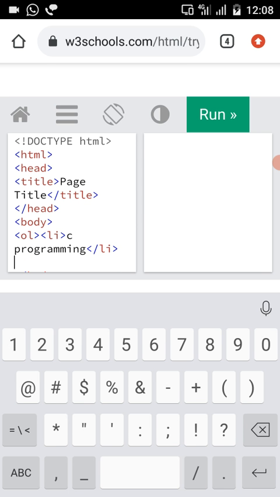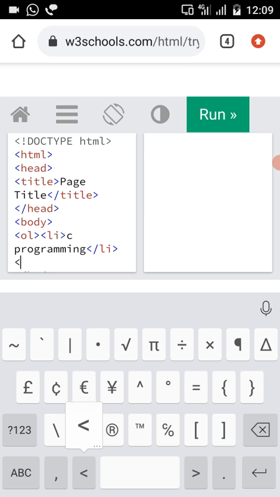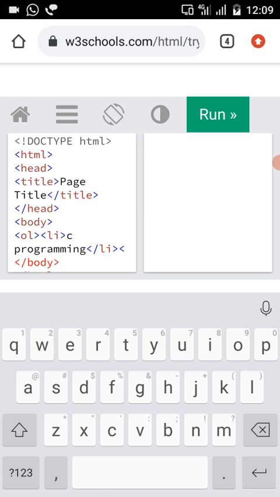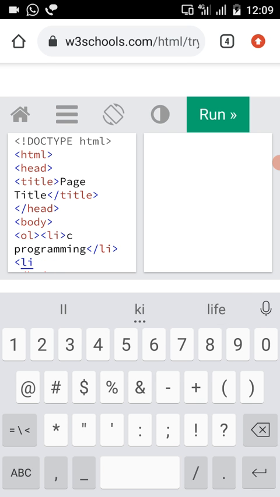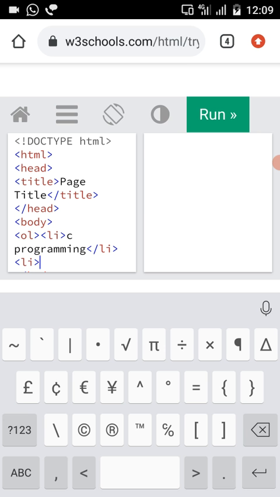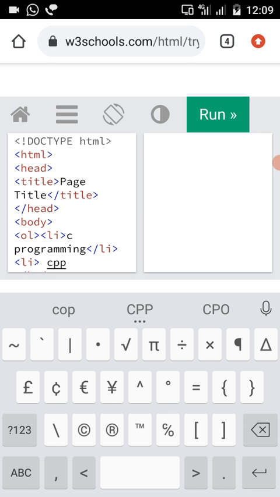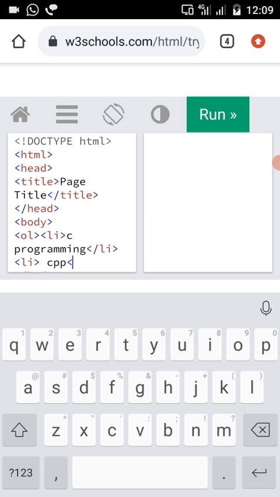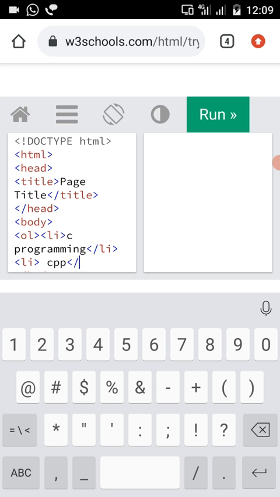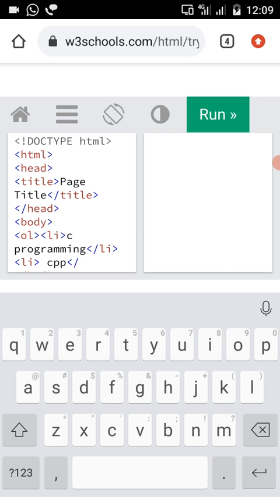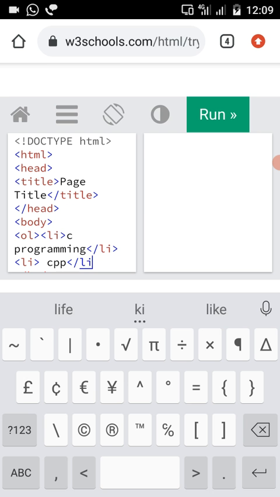After that, for representing another item in your list, you should use another li tag. In this I am writing cpp. C plus plus is another list item I am including here. Then after that you can close the li tag.